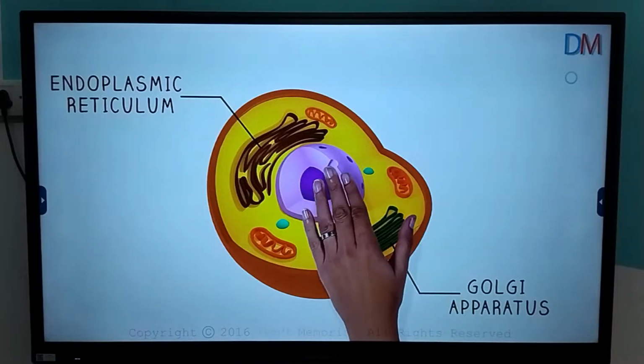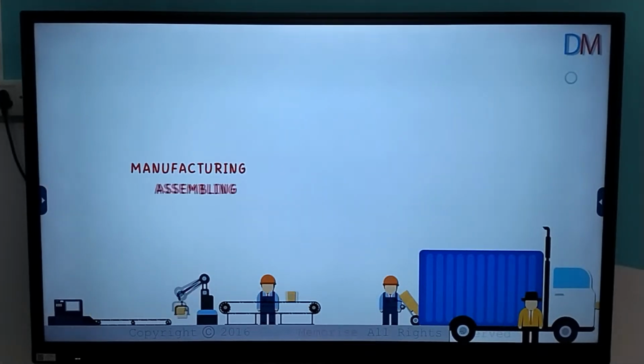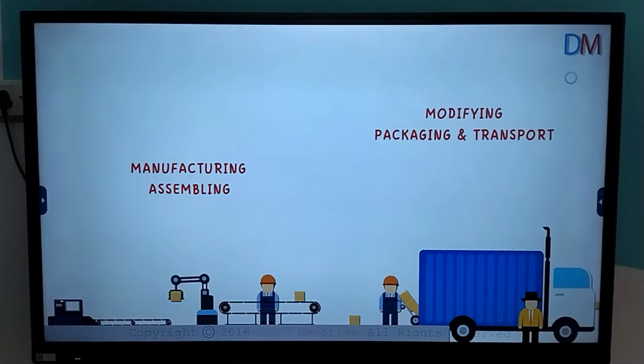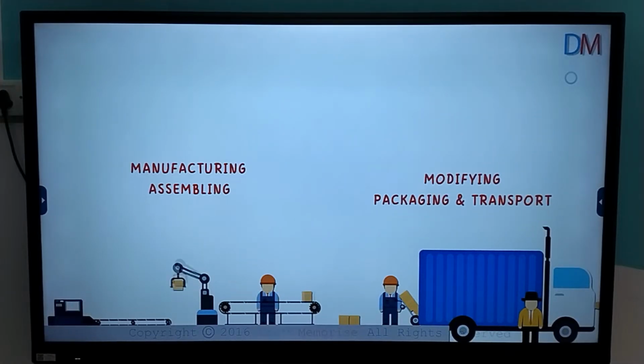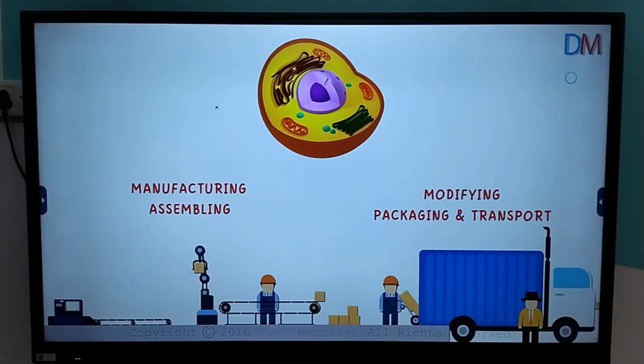Let us first look at how a factory works. A factory manufactures many things. Once the products are manufactured, they need to be assembled, modified, packed, and then transported. A similar process takes place in the cell. The endoplasmic reticulum works as a factory, whereas